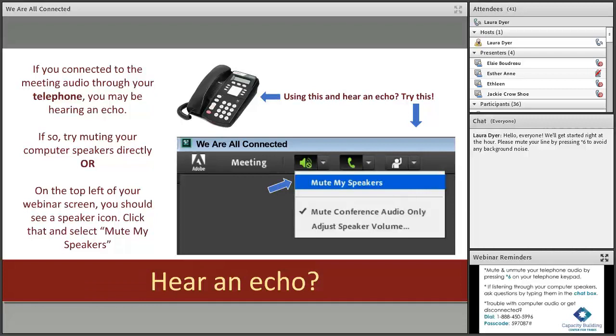If you're connected to the webinar and are dialed in listening to the meeting audio using your telephone, you may want to mute your computer speakers to avoid the feedback and echo if you're hearing one. You can do this by either muting your computer speakers directly on your own device, or you can use the functions in the meeting room by clicking on the speaker icon at the top left of your screen, and then click Mute My Speakers.